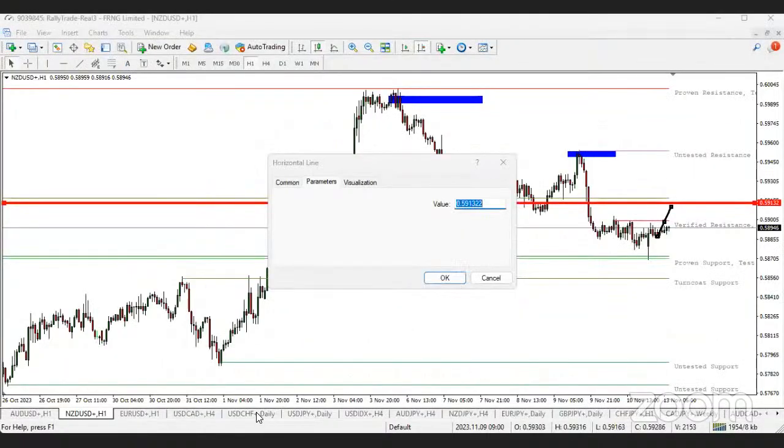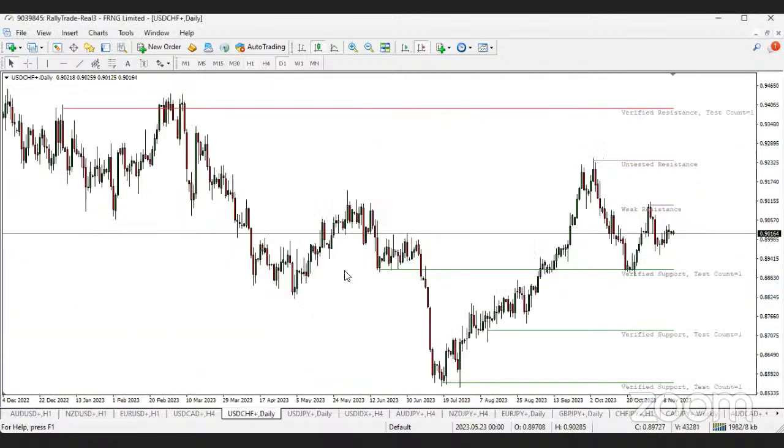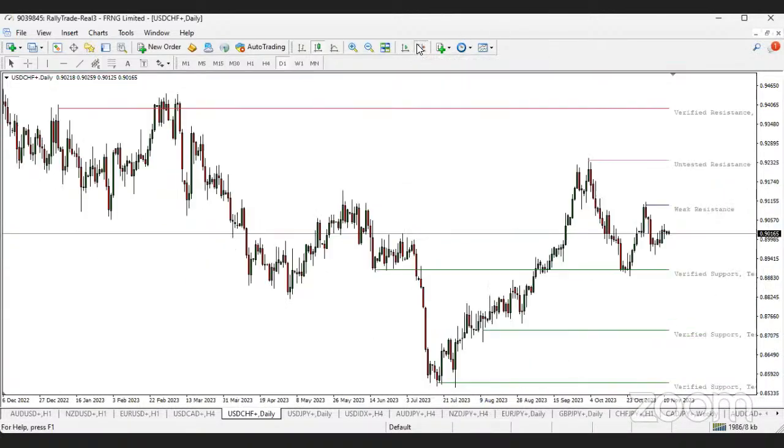The USD CHF. All right. So top down analysis. The USD CHF from the higher time frame is pushing bullish. How do I know that? This is higher highs and higher lows. I'm saying this year was an uptrend. See, this was an uptrend,